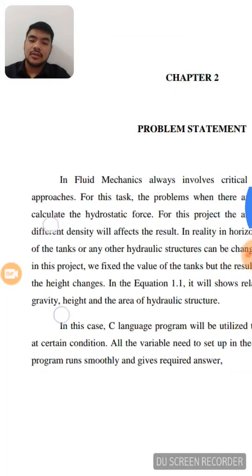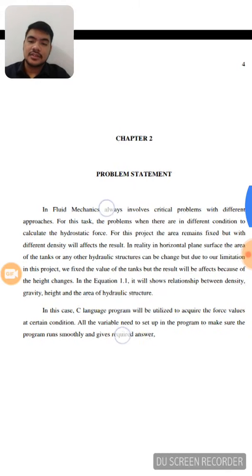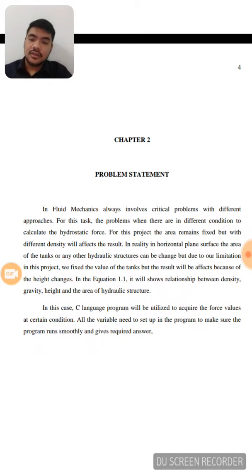So this is our chapter 2, where we discuss the problem statement. Fluid mechanics always involves critical problems with different approaches. For this task, the problem is to calculate hydrostatic force under different conditions. For this project, the area remains fixed, but with different densities, which affects the result. In reality,